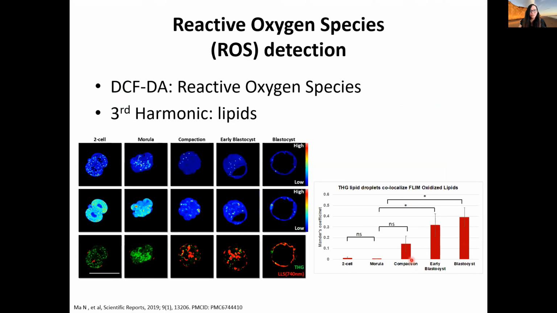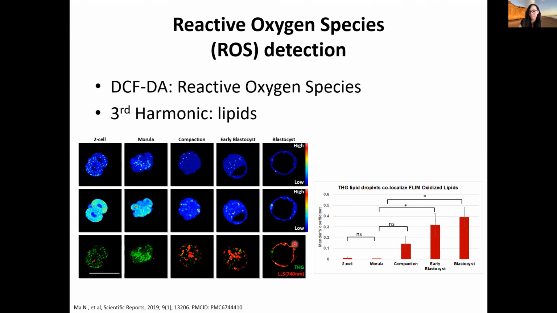So we decided to use the third harmonic generation to look at the amount of lipids that were being produced during the development of the embryo, and see if we can correlate the third harmonic signal with the long lifetime species that we were seeing pixel per pixel. And if we could see that, in fact, the long lifetime species signature in our phasor plot correlated with the lipid using third harmonic, then we could at least infer that the increase of reactive oxygen species was indeed oxidizing